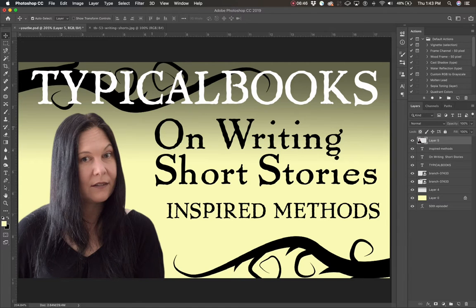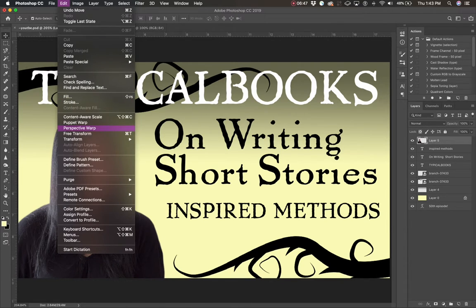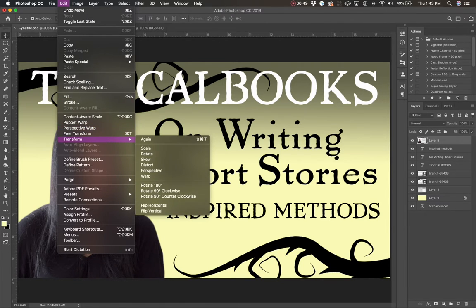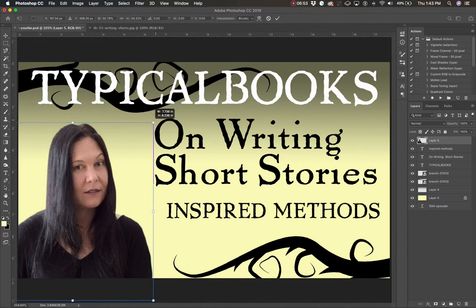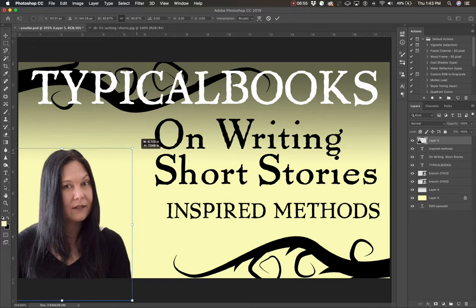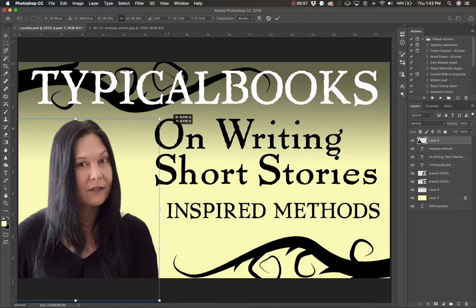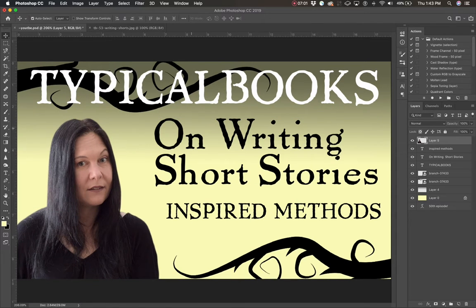You copied your selection, you pasted it. So now we've moved it. We can change it by doing Command T or transform under the image transform or edit transform. And you can just resize it. Holding down Shift will ensure that you don't make it any longer, shorter, skinnier, fatter, or whatever.